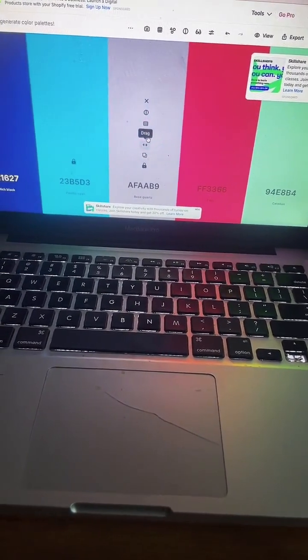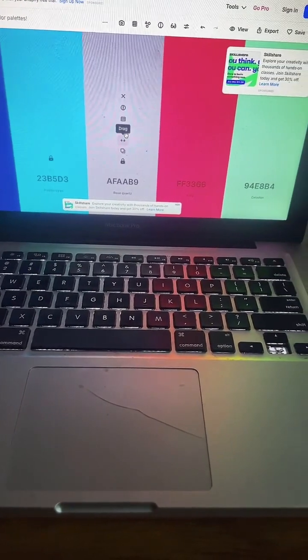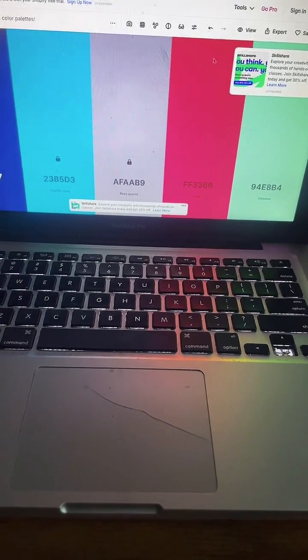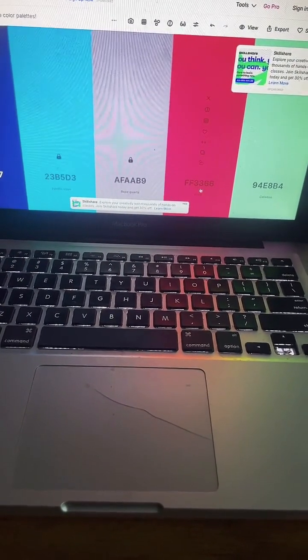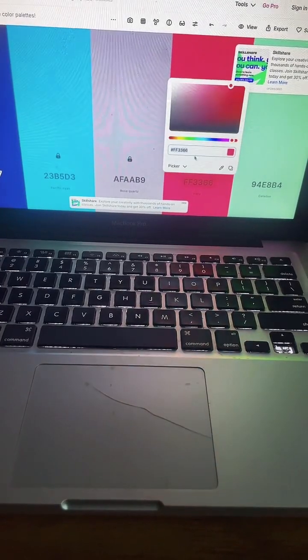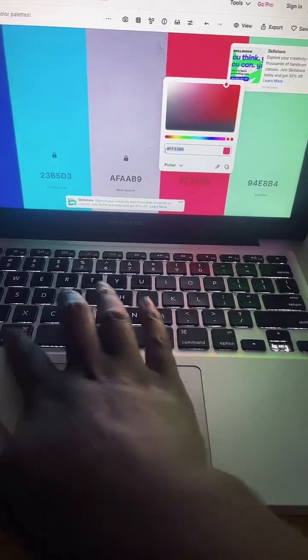Now, if you are sending it out to someone else, then again, you would just be able to send them the form that you exported, because it'll have all of your colors on it. Why is this important? So let's say I wanted to use this one, right? And this pink. I'm just going with this. I don't know why I'm going with pink, but